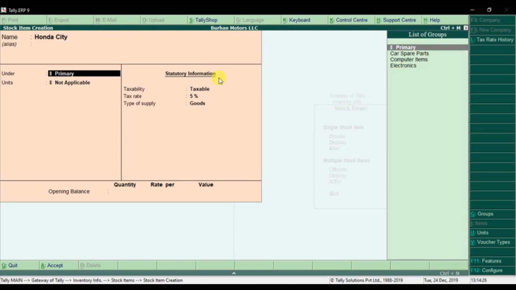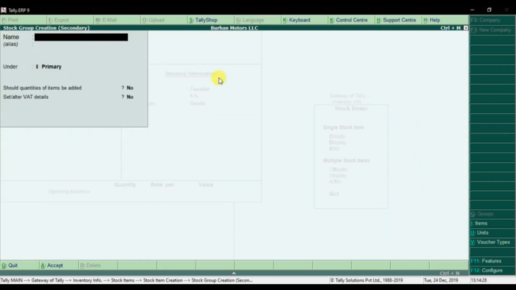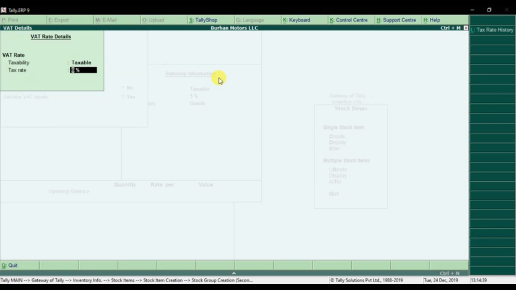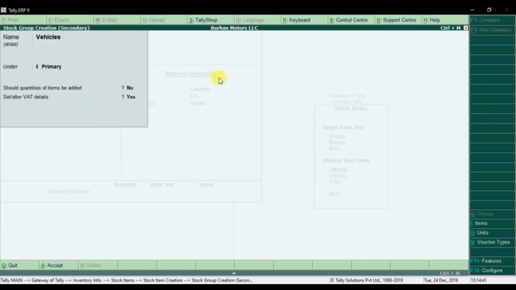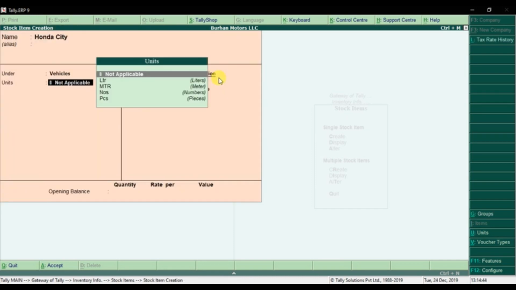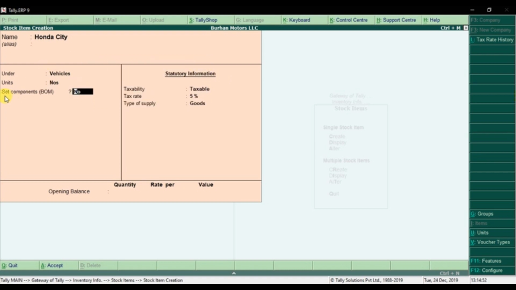Right now we don't have the group, so I'm going to create through Alt C. I'm going to create a group that is vehicles, enter, under the primary, enter, and set alter VAT detail, yes, taxable 5%, enter, enter, right? And how you're going to measure it? In pieces, number of cars, each or what? So I'm going to use number, enter, and now this is what set component BOM, that do you want to